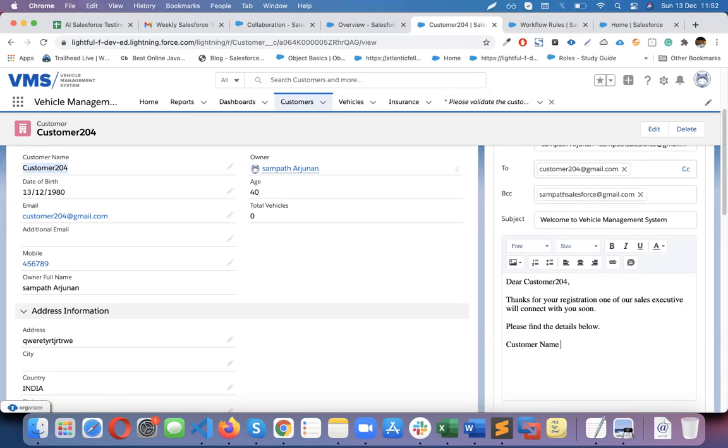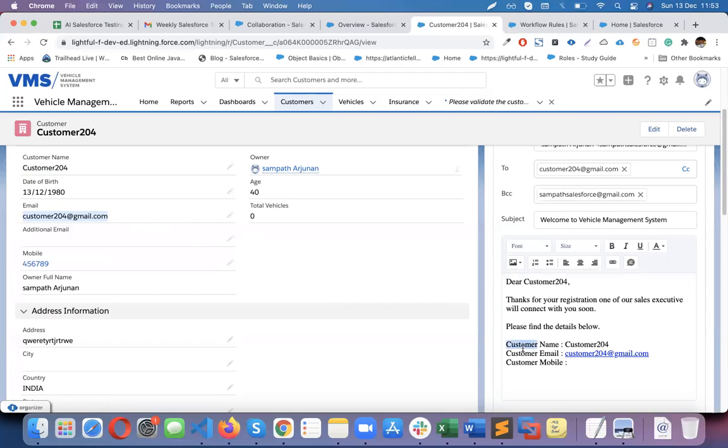So customer name, customer email, and customer mobile.